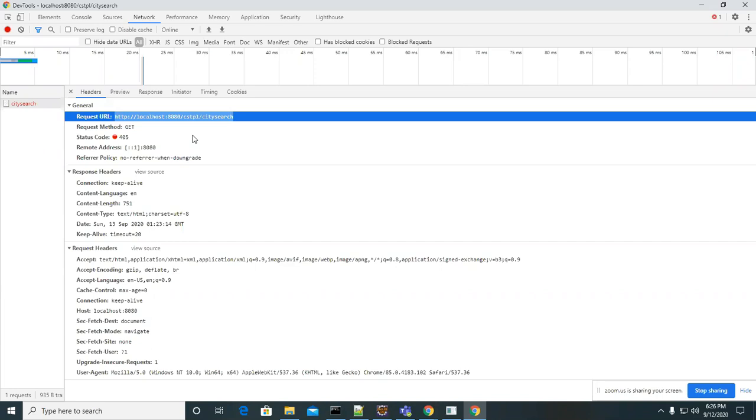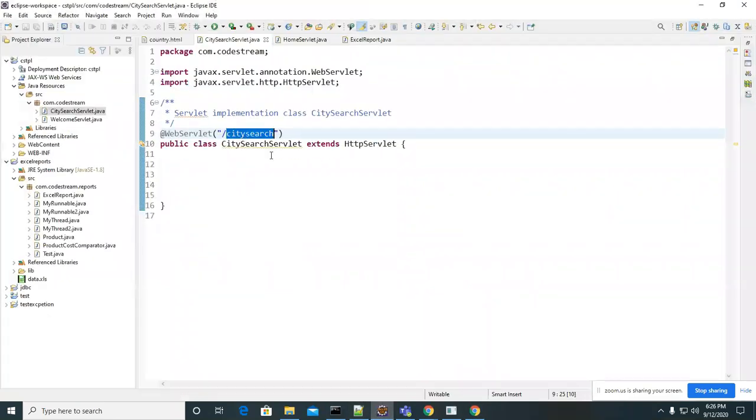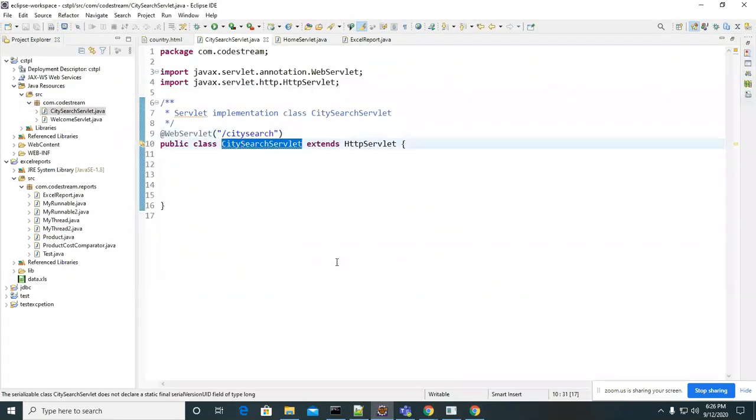For which class? The class which we mapped, in our case the city search servlet class. The server creates the object.